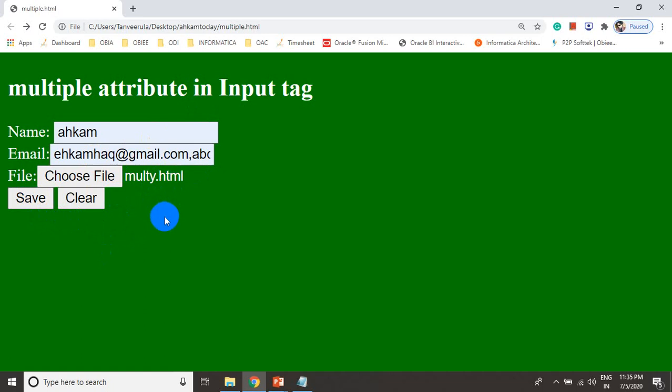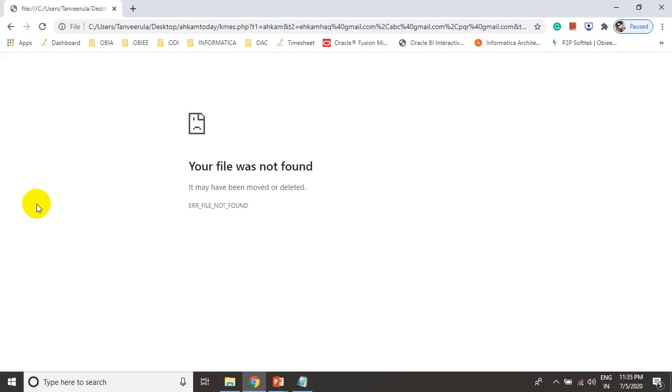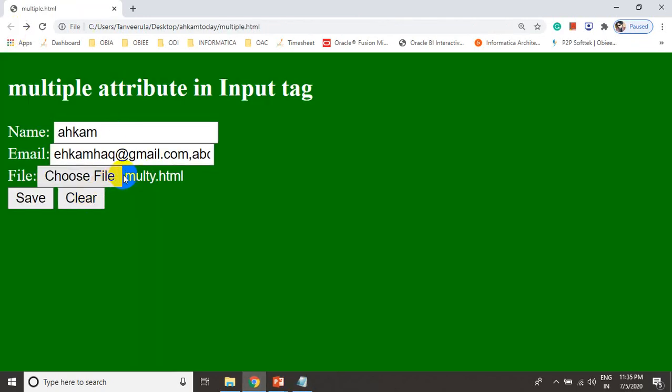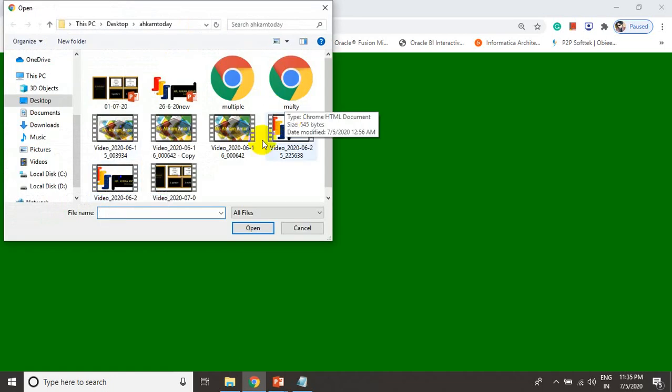But if you want to upload more than one file, let me click on save. I have just saved. Okay, so the file has been transferred. But if you are going to choose another file, click on file, and instead of multi, I am going to add this one, 26.6 new. It's a PowerPoint file, a PPT.